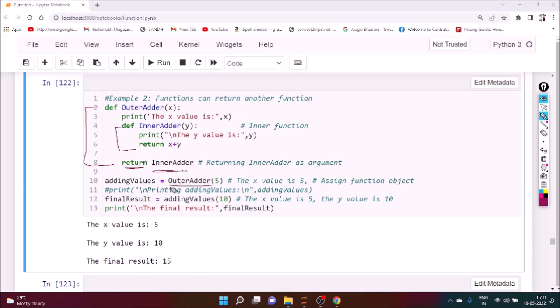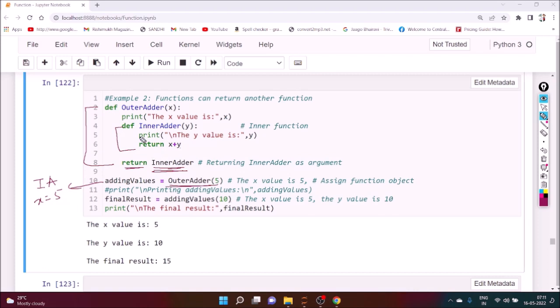If you call outer_adder(5), that 5 is for the value of x. So it will return the inner_adder to adding_values. So adding_values holds the inner_adder with the value of x equal to 5. Whenever we execute adding_values with 10,